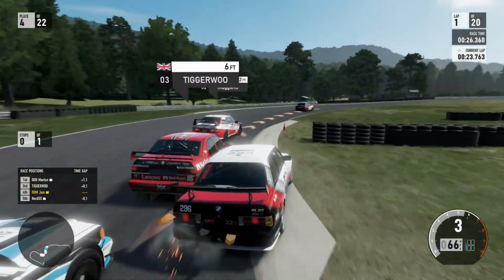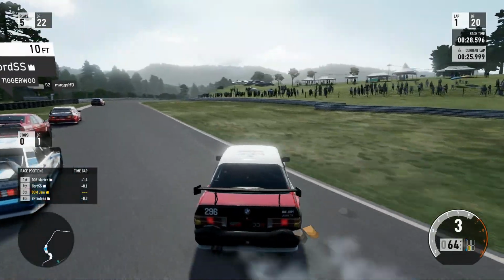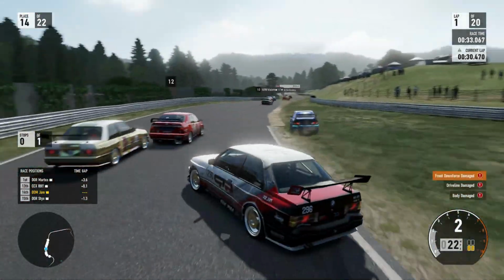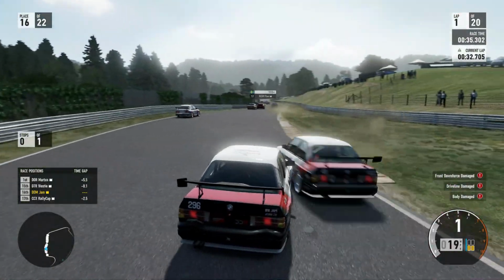Going into the right-hander now, and there's a bit of contact on the way in, and it pushes me up on the curb, and I get all kinds of sideways, and I've got a wheel on the grass, and I spin sideways across the back, and I'm trying to get out of the way and hold it straight, and I'm twitching around everywhere, and